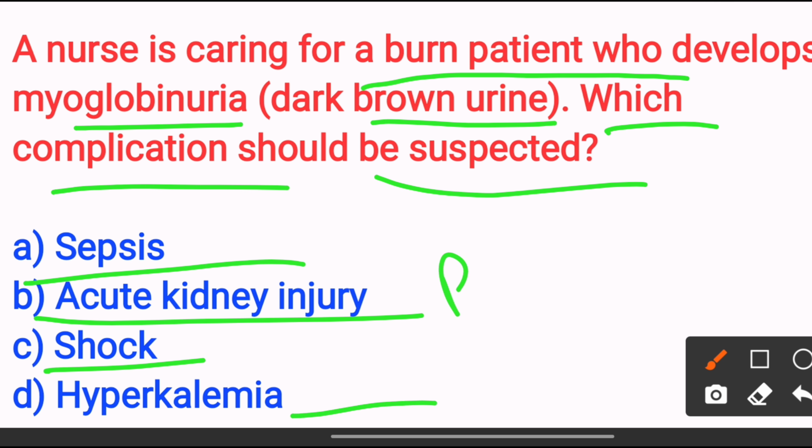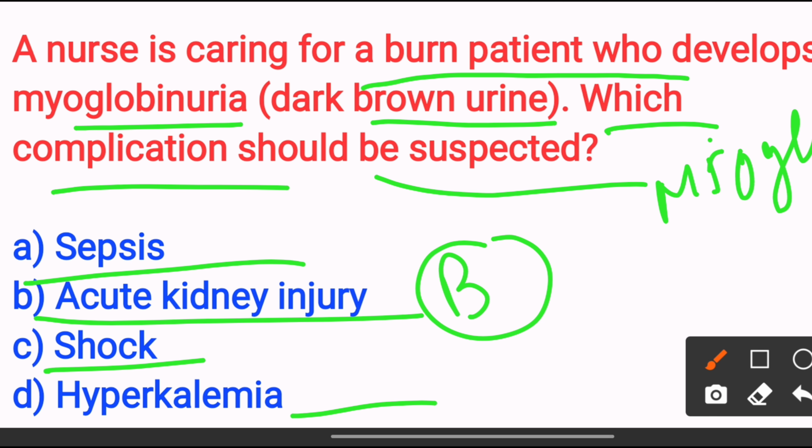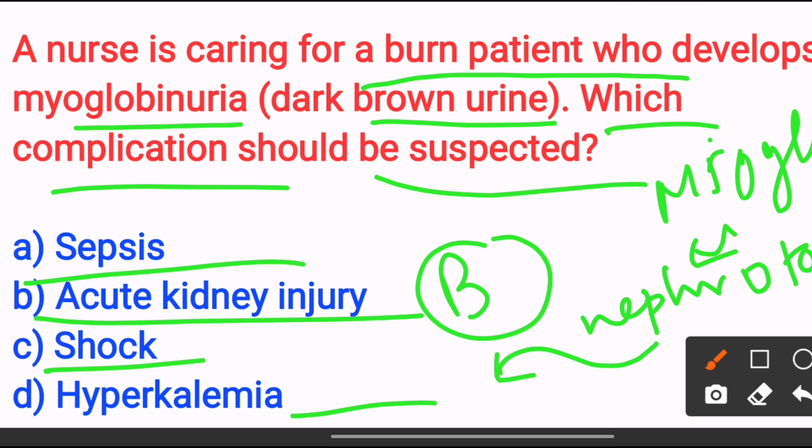The answer is option B, acute kidney injury, because myoglobin released can cause nephrotoxicity. Nephrotoxicity can lead to AKI, acute kidney injury, risks. So the answer is option B, acute kidney injury. Next,